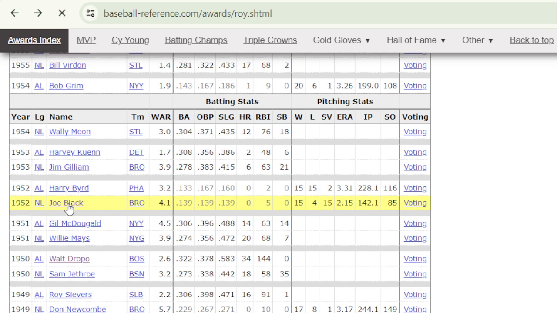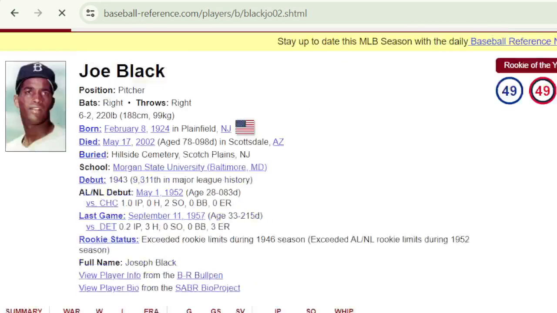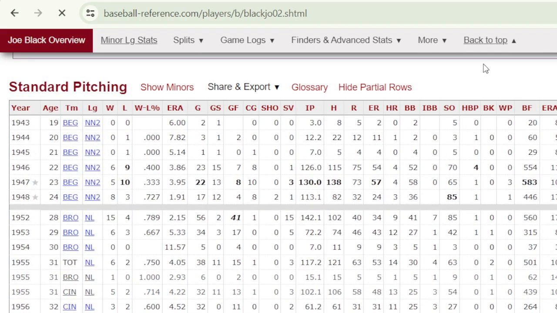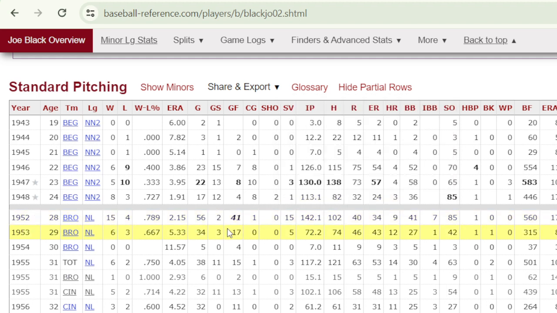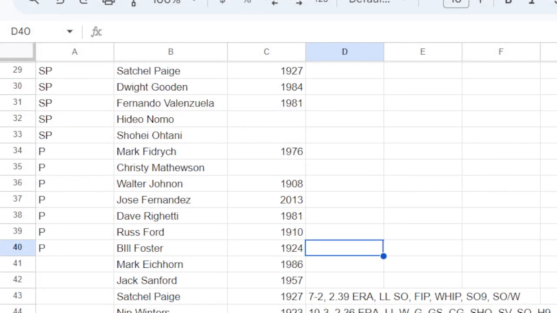This Joe Black year looks like it might have been impressive. 6-9. Oh wait, so he wasn't classified as a rookie until 1950. Oh, because I'm looking at his Negro League stats. Got it. 1952, 15-4, finished 41 games, led the league in that. 1.05 WHIP. I mean, 15-4, 15 saves. That's a pretty solid profile there. Let me add Joe Black, 1952. He might end up finishing just outside the bubble, but